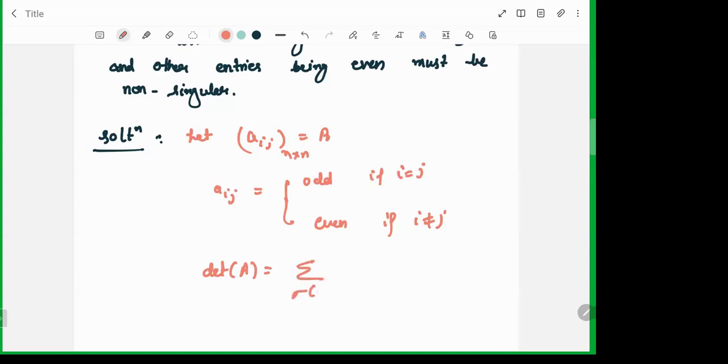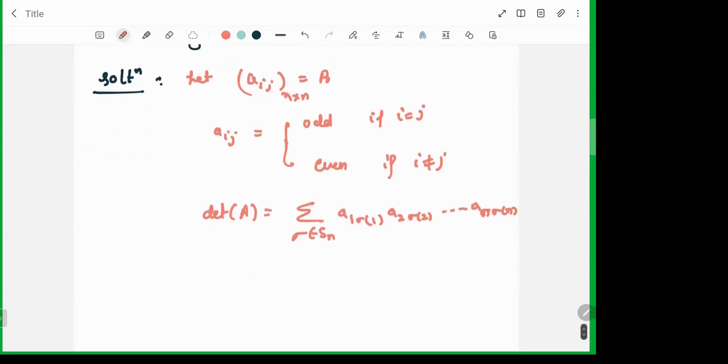the summation over permutations sigma belonging to Sn. This is basically the definition. A1 sigma 1, A2 sigma 2, all these possible products up to An sigma n. This is the determinant of A. Now we see, what is odd basically? A11,